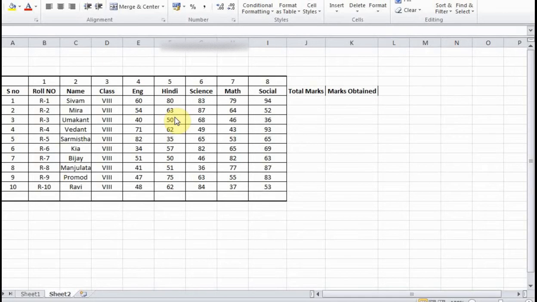Based on the formula, if we enter the data, it will automatically calculate our total marks and details, whatever you want. So today we'll use these Excel sheet formulas to calculate the total marks, the student marks obtained, and the average and the grade. So let's start.